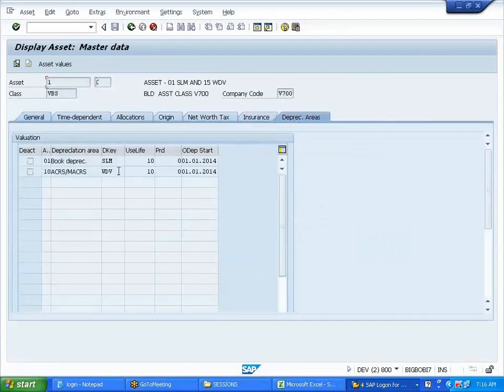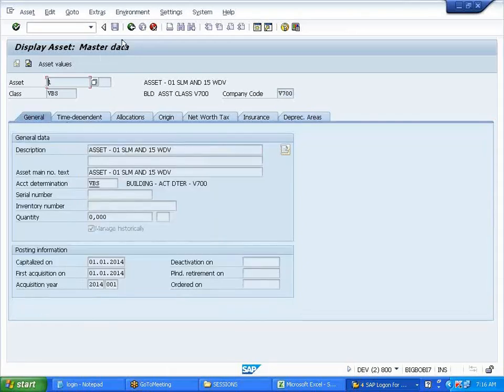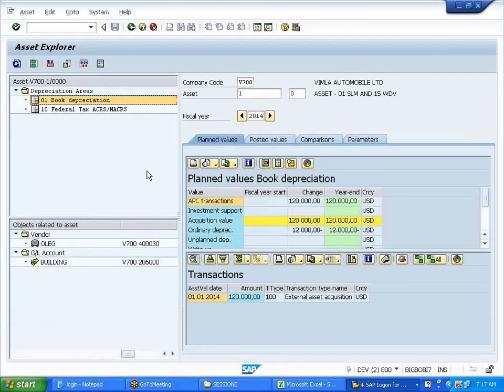Based on the depreciation area we have assigned. Okay, anyways, I'll show you on that. We'll come back later.